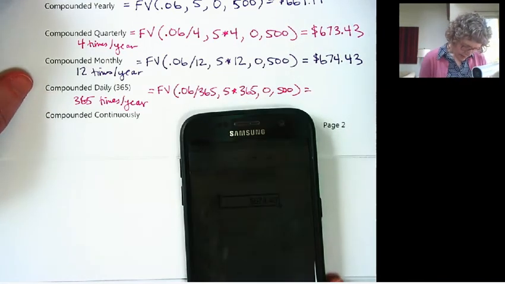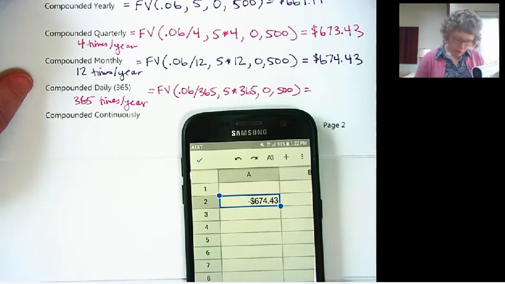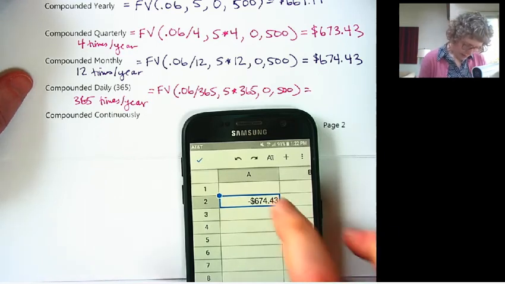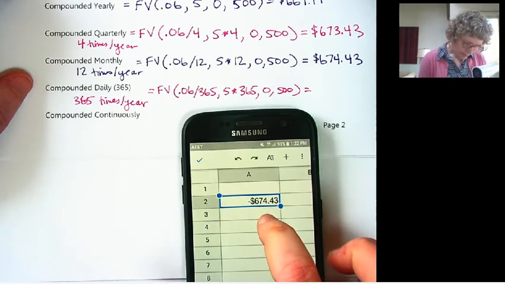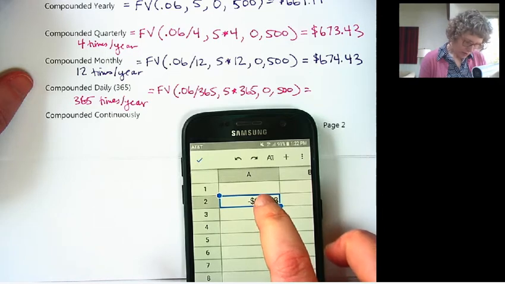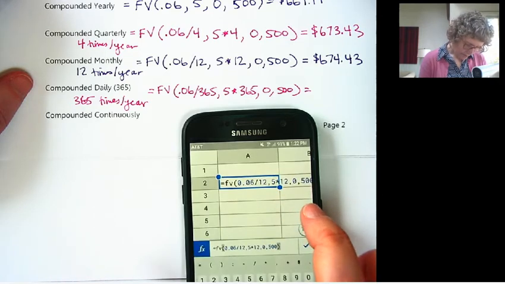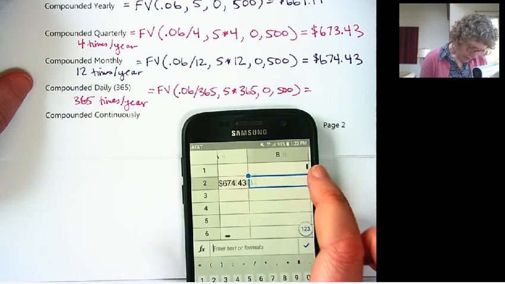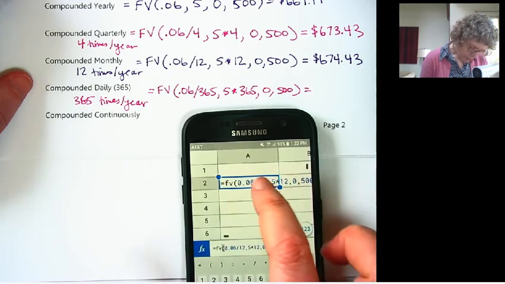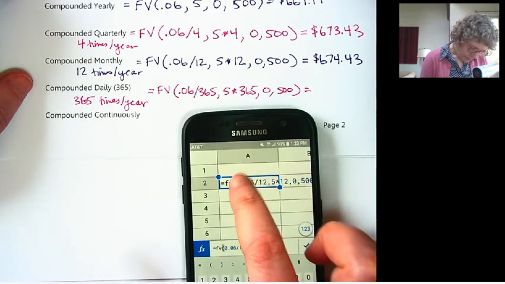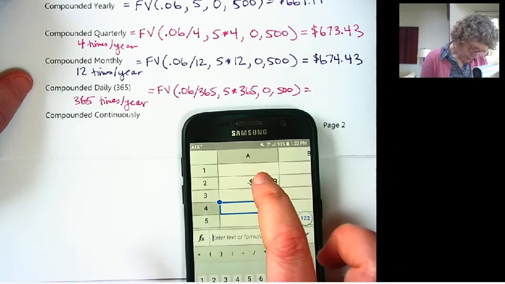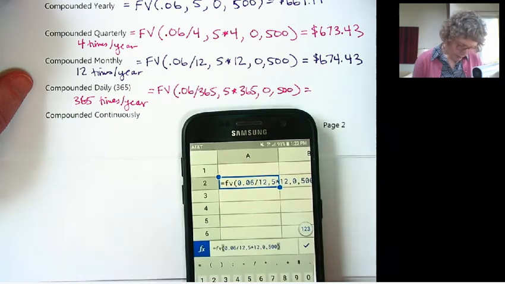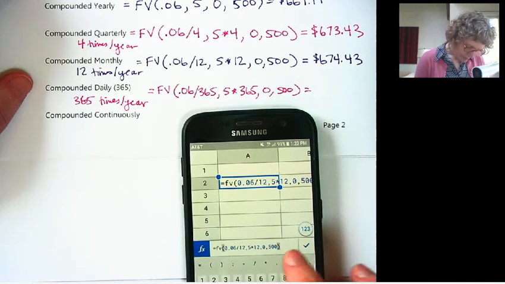Okay, I'm going to edit again. This time I'm going to try a different way of editing and see if it'll let me do this. I'm going to try double tapping on the cell. Okay, it won't let me edit it up there. It did give me some options. No, it's not doing it now. I'm kind of new to doing this on the phone, but I think it's really cool.